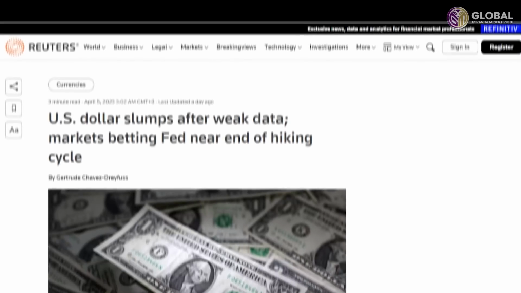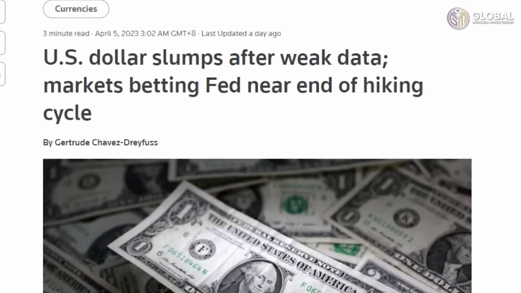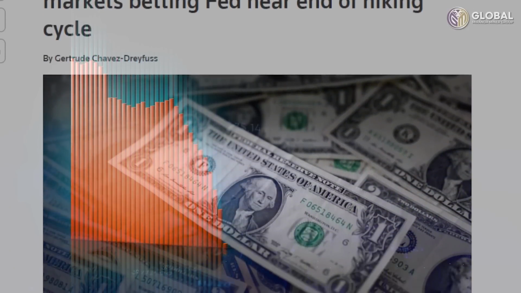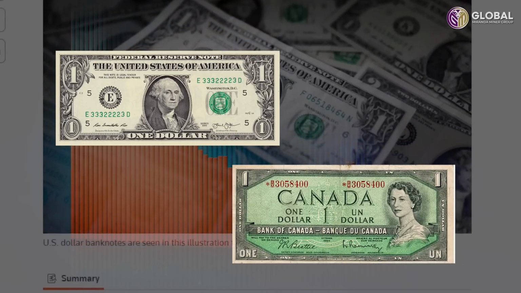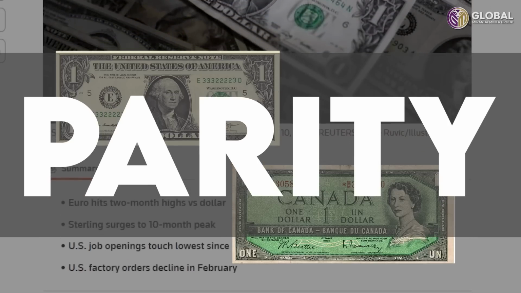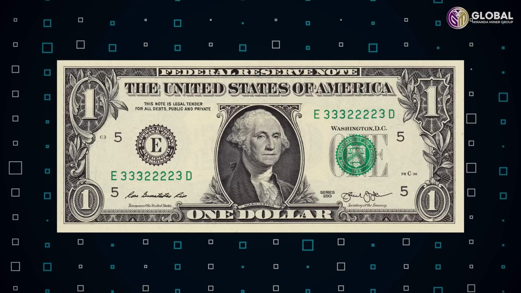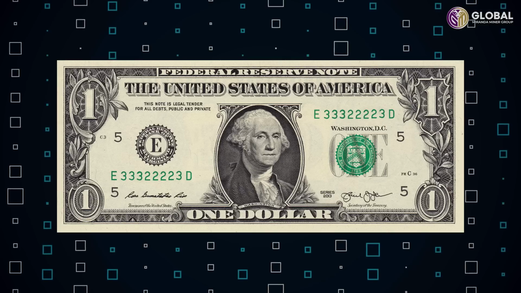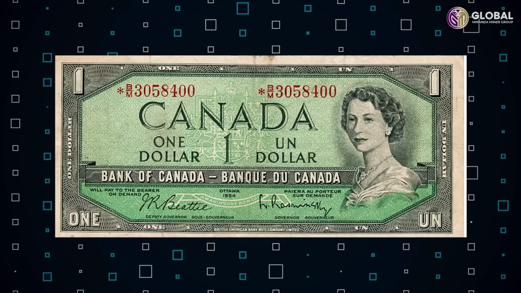Miranda, ang depreciation ng isang currency sa context of a US dollar ay tumutukoy sa pagbaba or pag-decline ng value nito relative to other currency. For example, if $1 can be exchanged for 1 Canadian dollar, yung currency are described as being in parity or magkatulad. If the exchange moves at ang isang dolyar ay pwede mong ipalit ngayon sa 0.85 Canadian dollar, ibig sabihin nito ay nawala ang relative value of a US dollar to a Canadian dollar and has therefore depreciated against it.